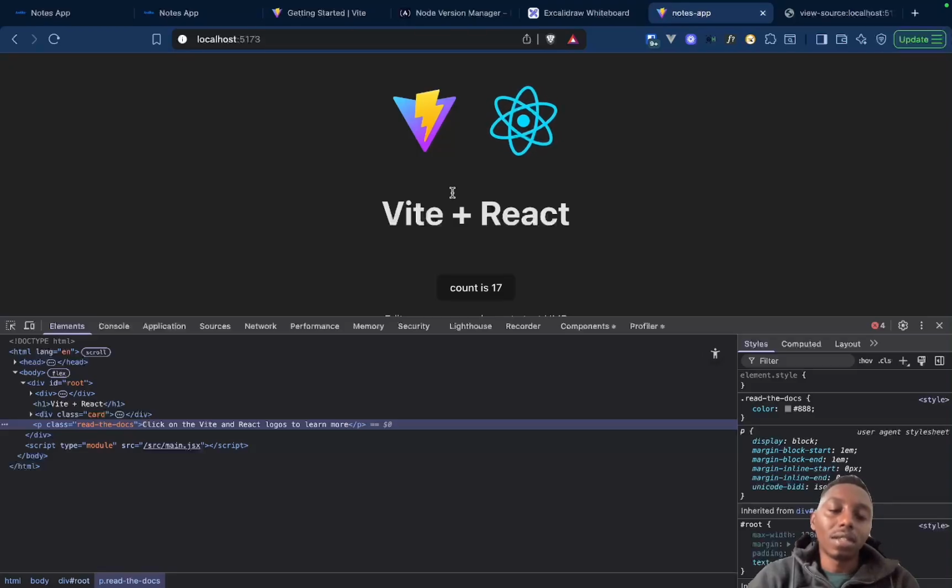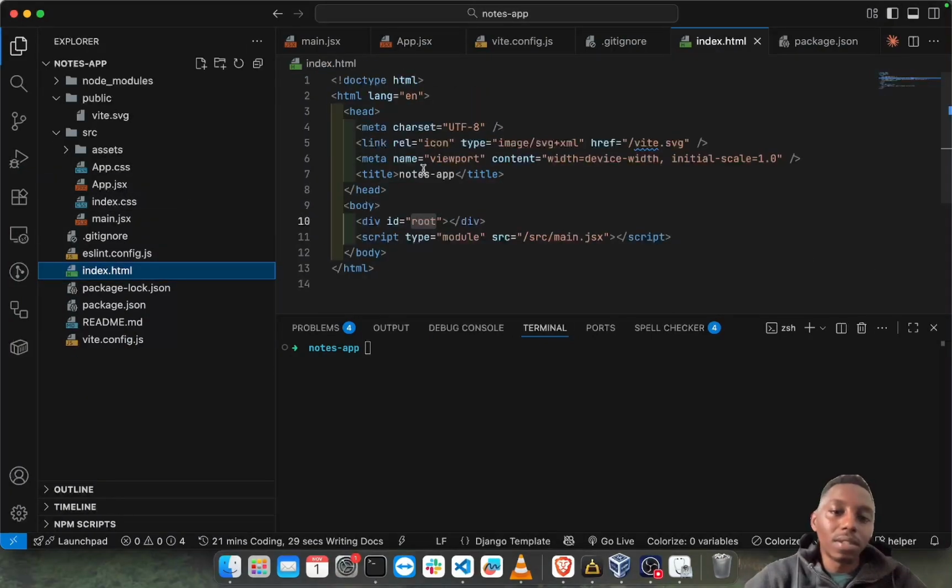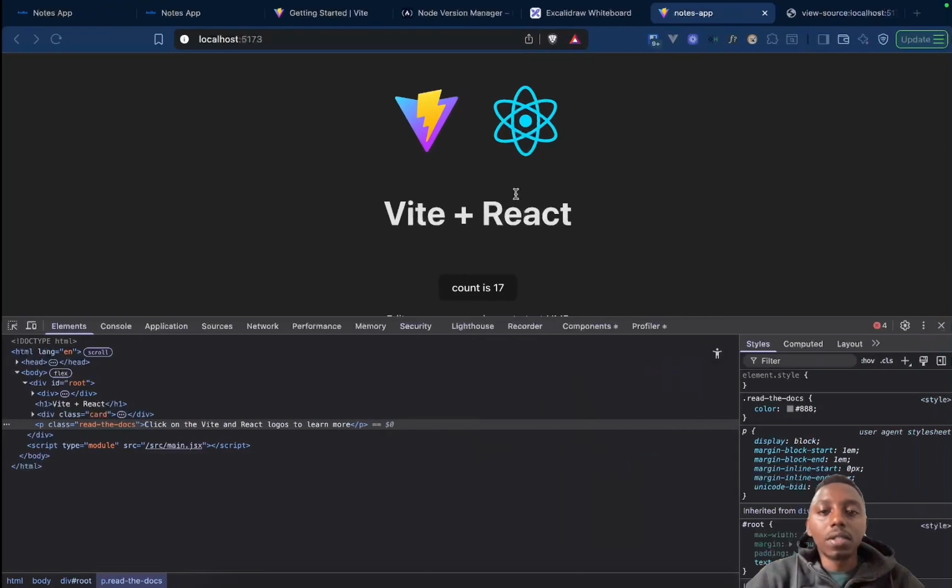Everything that you create inside your JSX files is actually going to be injected inside the root of the HTML file that we actually don't touch, which is this. So of course, when you're writing an application that requires SEO and you need to also change the title of the application, we can change this from here. So if we change this, you can see